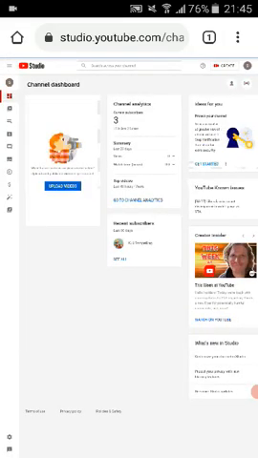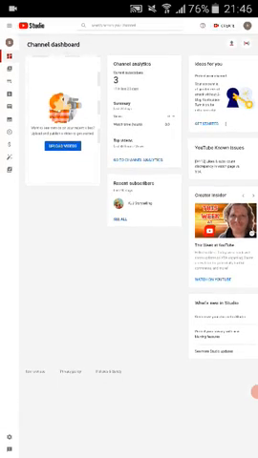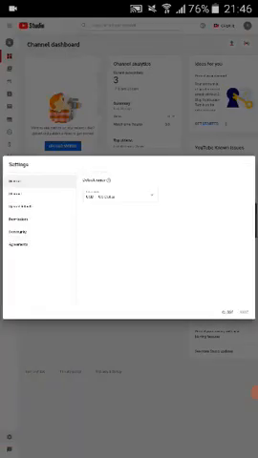So it will open this interface, as you can see. And guys, on the left side you can find, at the bottom, the settings option. I'm clicking on this settings option. Don't try to find it in the upper part, because you will not find it. It is available on the left side, down at the very bottom.